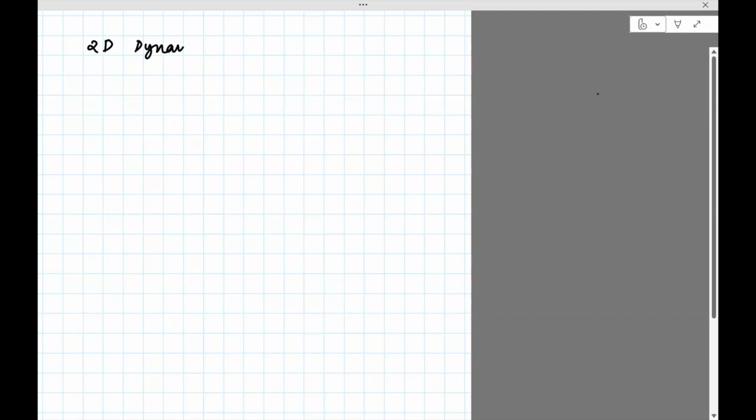2D dynamics. The basis of all this is Newton's laws. In fact, the law which is usually used for all this is the second law. The second law says that F equals ma